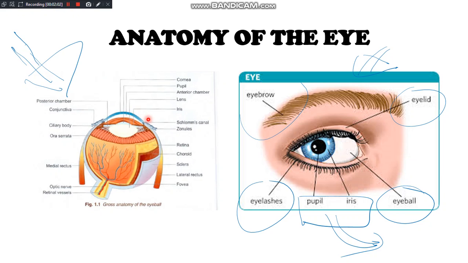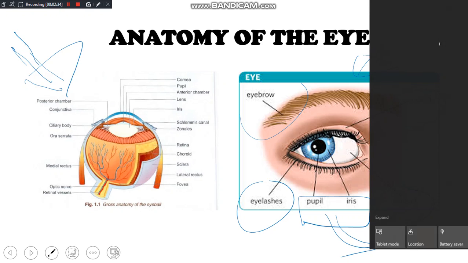Got it? The cornea, the sclera, inner to it is the iris, the ciliary body, which continues as the choroid, and inside it is the retina, which is the innermost layer, the photosensitive layer. What is this ora serrata? The ora serrata is the anterior part of the retina, and it marks the junction or transition between the photosensitive retina and the non-photosensitive ciliary body. And as you can see, there are serrations. It is serrated, thus the name ora serrata.